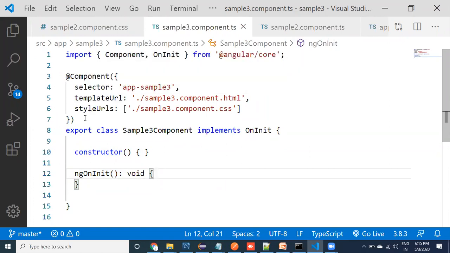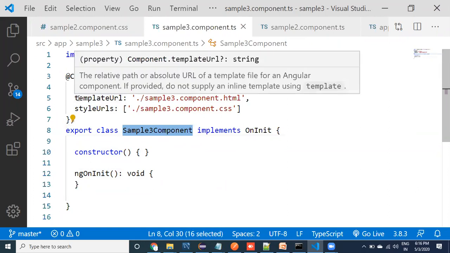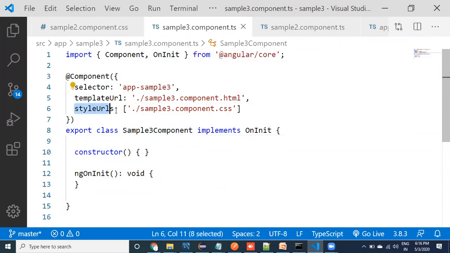Now see here, this component got a decorator. The Component decorator got created automatically. It got assigned to this class, and if you see here, templateUrl is available, and then styleUrls are available, and then selector is also available. By default, it has provided app-sample3. If you want to provide your own name, instead of app-sample3, I'm going to provide a different name. Yes, you can change this also. That's your wish. Whatever name you want to provide for this component, you can use it as the selector. You know that selector is used for calling this component from another component. I'm going to do it in the next step.